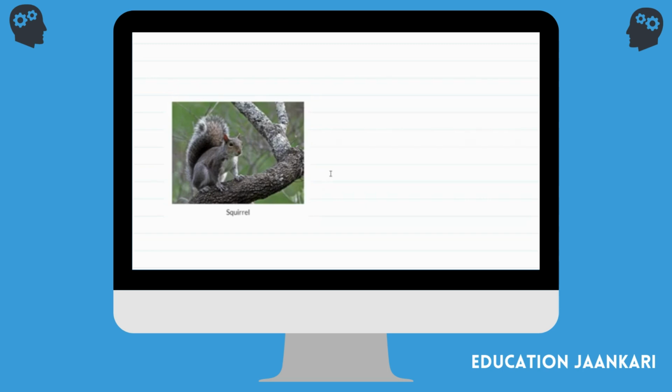What do you see on the screen? Squirrel. Yes. What do you know about squirrel? We named a squirrel in our school's tree Bade Bhai and Chote Bhai. There are two squirrels, one is small and one is big. The big one is named Bade Bhai and the small one's name is Chote Bhai. Very nice. So Bade Bhai and Chote Bhai are still in school? Yes, they meet us every time.